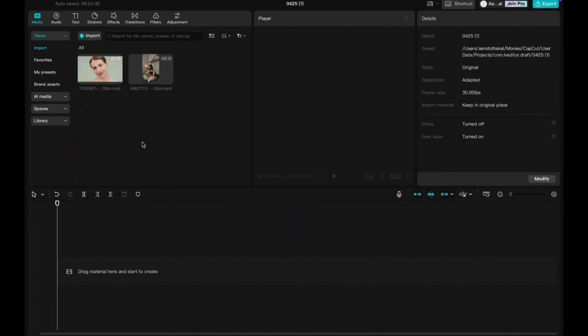So first of all, launch CapCut, click on the new project, then click the import button to bring in your main video and overlay media. So now once you have two videos available there, drag your main video to the first track on the timeline. Once you drag the video to the timeline,